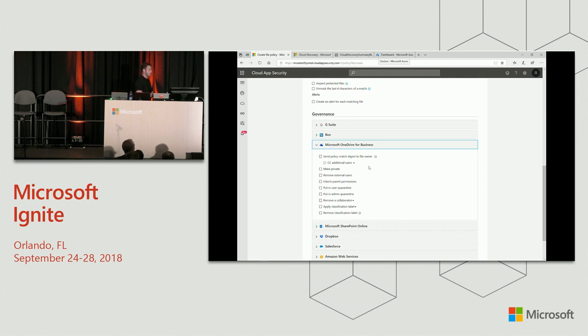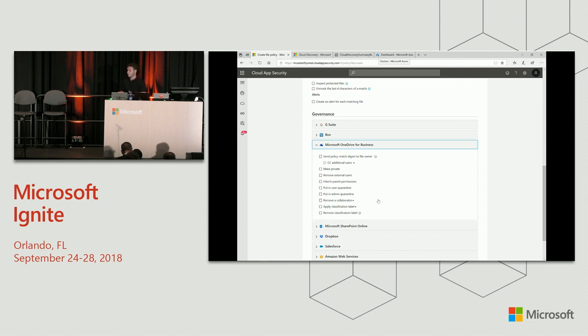where you can decide if you want to notify the owner. If it's a low impact vulnerability or low impact exposure, you'll notify the owner and ask them to go and take care of the violation that they have in place. Or if it's a high priority, a high impact violation, you can decide that you want to automatically put this file in admin quarantine, meaning that this file is now quarantined and can be released only by the admin.